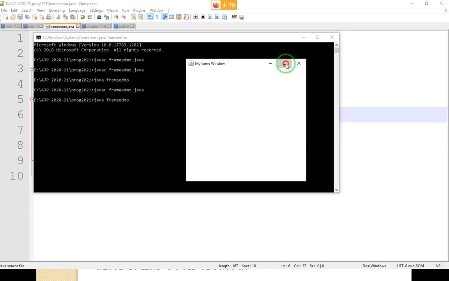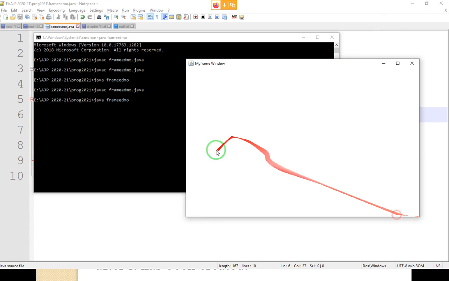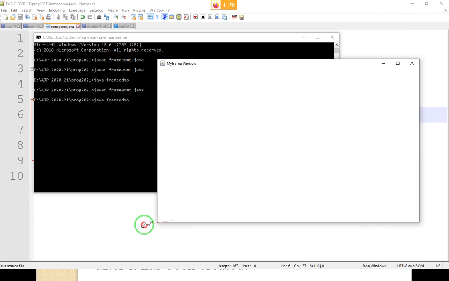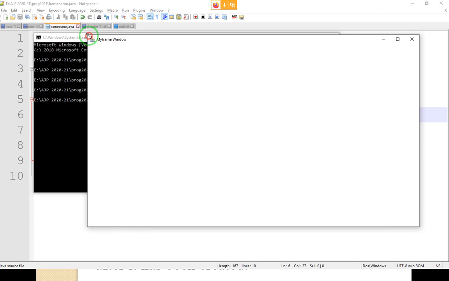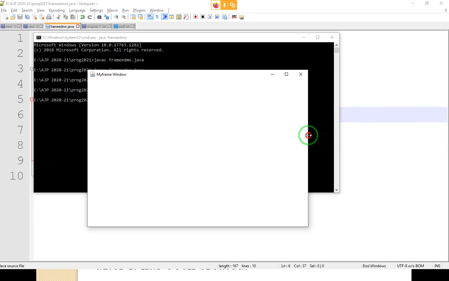And when you click on this, it will get maximized. When you click on that, again it will get minimized. You can maximize from this corner also, from this corner also, from this corner also. Means your window can be maximized or minimized in all the ways. This is called your window, right?